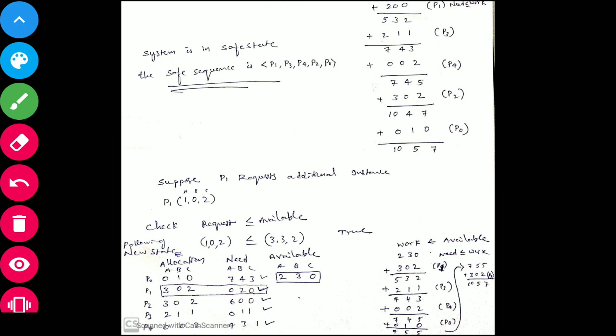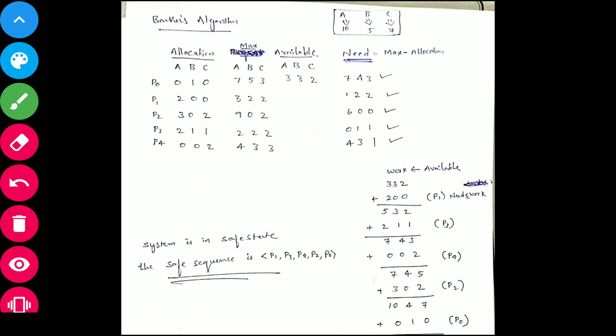So how to allocate? Now you see here, P1 allocation is 2 0 0, right? 1 0 2 is requested, A type 1. You add this one: 2 plus 1 is 3. Then B type 0 is needed, C type 2 required, so 3 0 2.